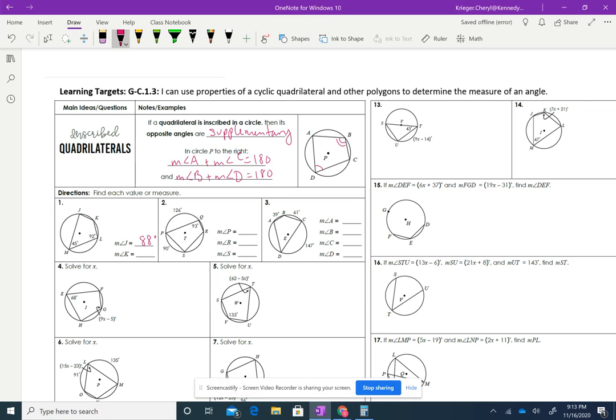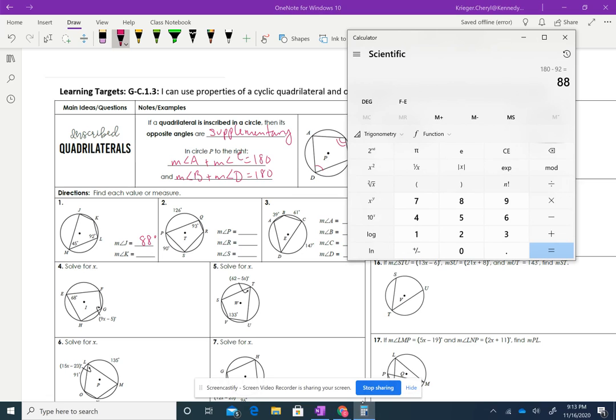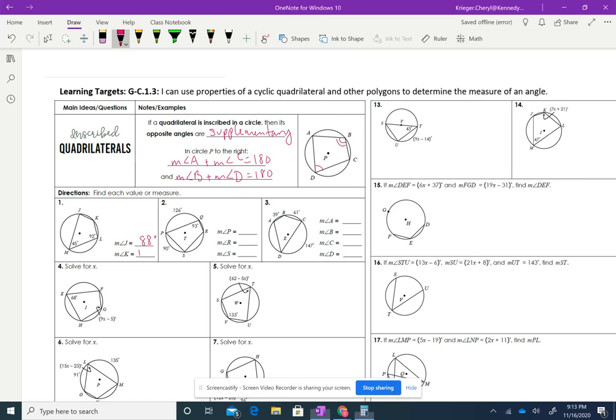And angle K is going to be 180 minus 45, which is 135. Okay, so number 3,